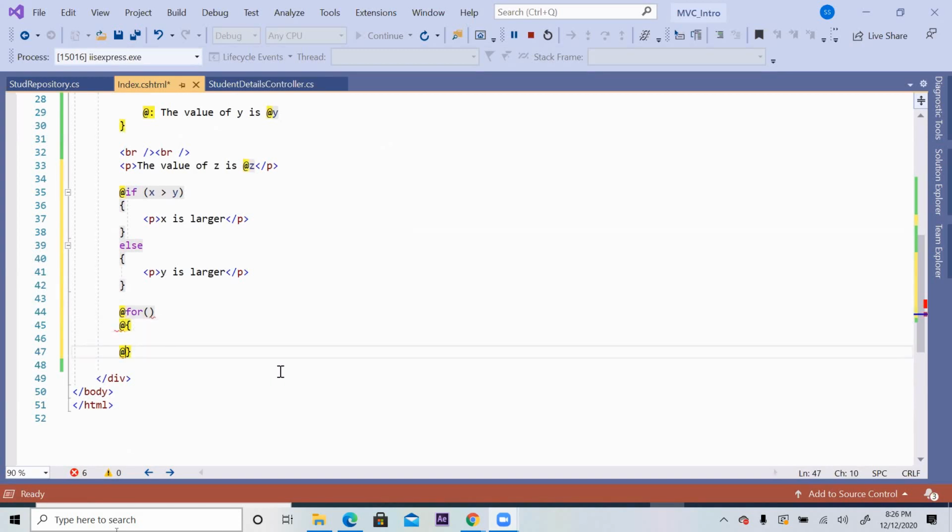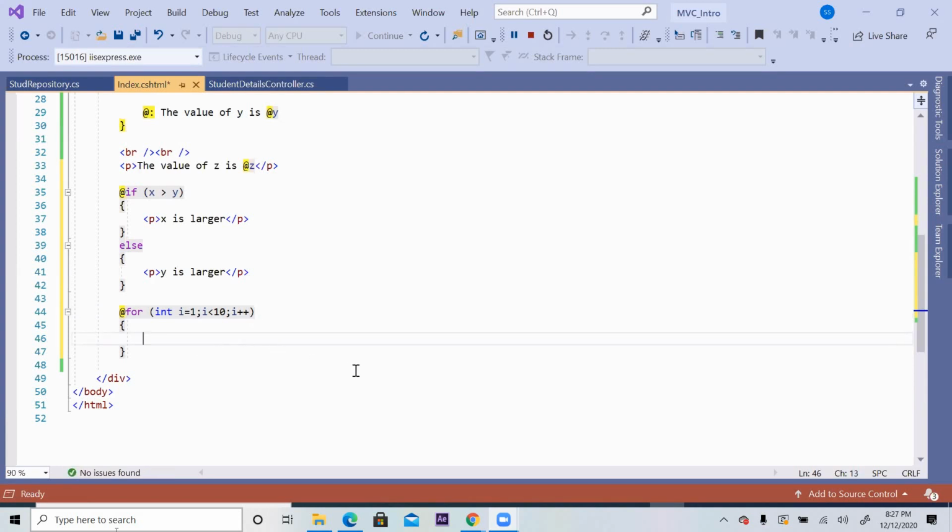The answer is, not required, because your for does not have a semicolon here. For is not independent of the next line. The rest is up to you, whatever you want to write: int i = 1; i < 10; i++, whatever. That all depends upon your requirement.